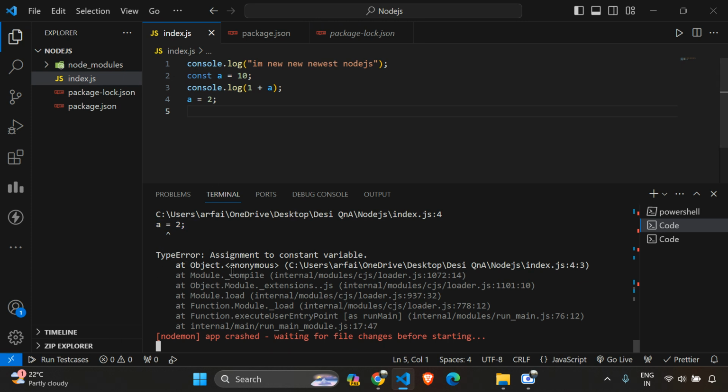I had built a particular website for a business. I don't want to say the name of the business. Here we will be using two terminals. On one side I will be initializing our Node.js, that is using our nodemon, and on the other side I will be executing the codes for our MongoDB.